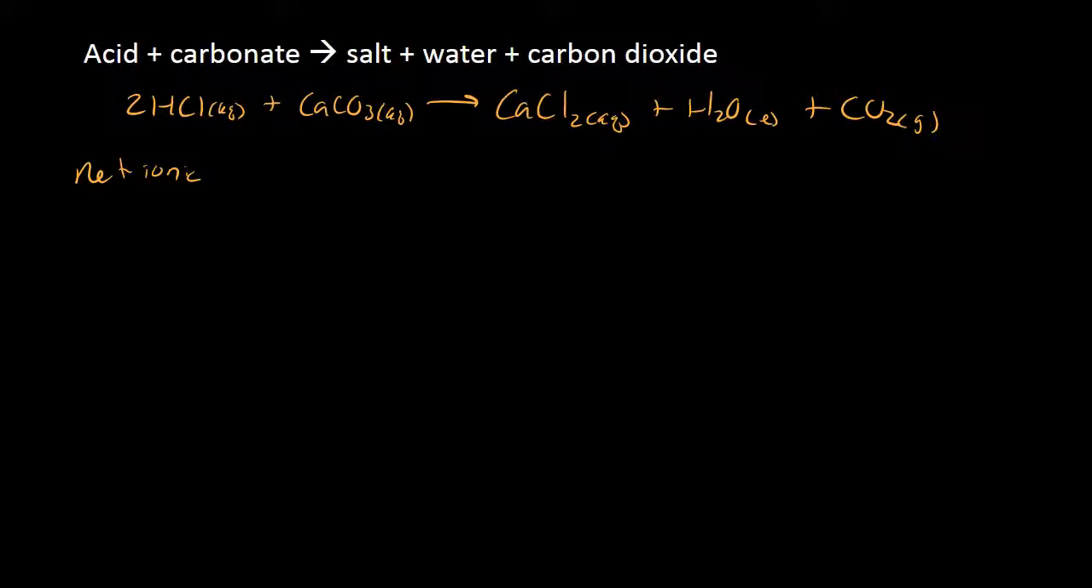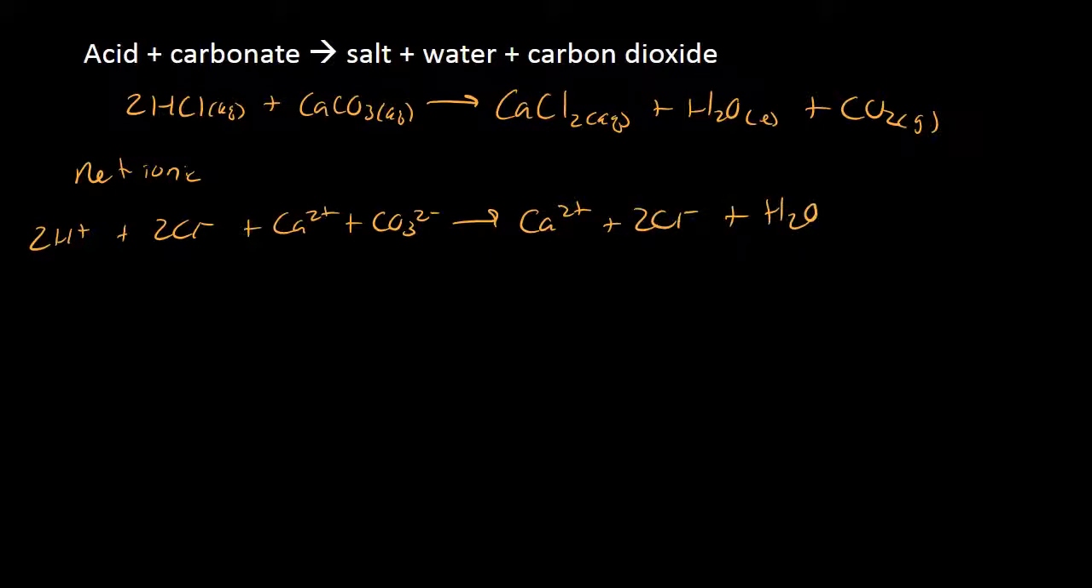it's a long one. So we have 2 hydrogen ions plus 2 chlorine ions plus calcium 2 plus and carbonate 2 minus. You get calcium 2 plus, 2 chlorine ions, plus water plus CO2. Cancel out your spectators. So chlorine, calcium, calcium, chlorine. And you're left with, and it's actually an interesting process, so you're left with